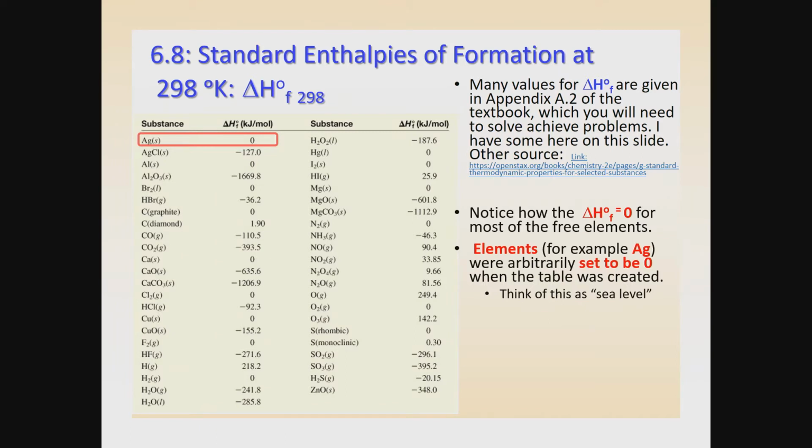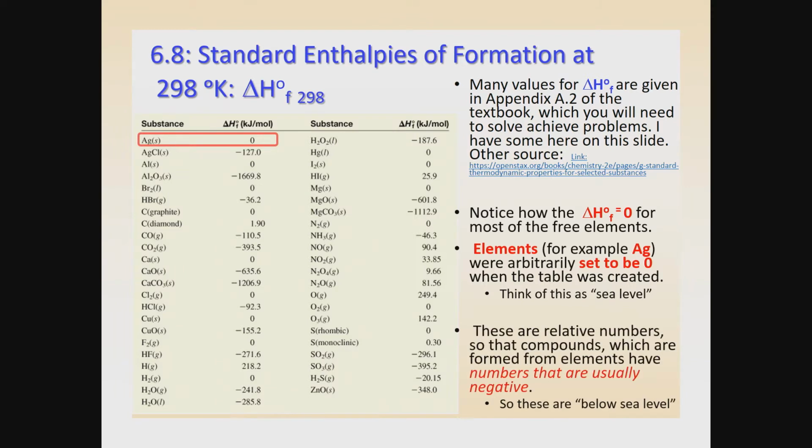So for most of the elements found in this table, the standard enthalpy of formation is set to 0. One way to think about this, again, this was set by chemists for a reason, to compare what the standard enthalpy changes for formation of compounds would be. For elements, because it's set to 0, we can think of this as